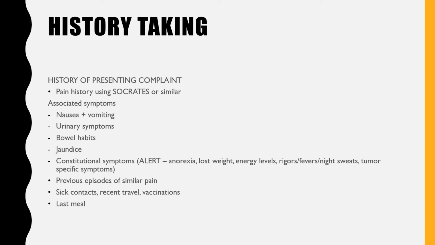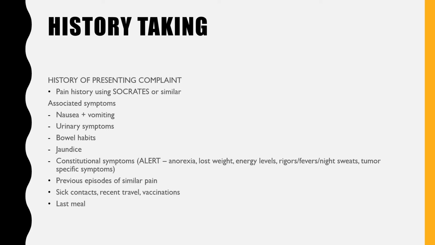This is how I like to do an abdominal pain history. So starting with the history of presenting complaint, use some kind of system that helps you work through the cardinal features, so SOCRATES or something similar, that will allow you to elicit the site of the pain, the severity, the nature of the pain, time course, any exacerbating or relieving factors, and any associated symptoms. Some of the really important associated symptoms to rule in or out in abdominal pain are nausea and vomiting, any urinary symptoms,